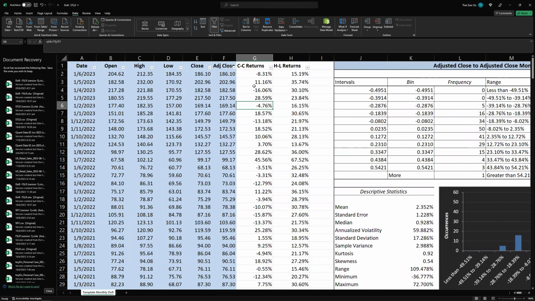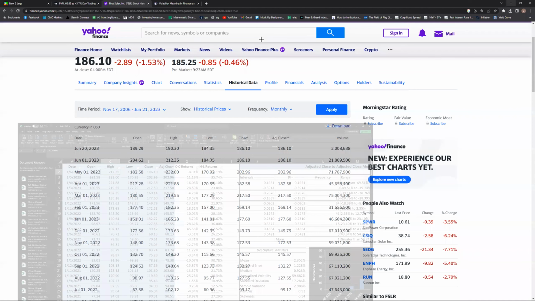These are close to close. If you consider a monthly candle, it is looking at the previous candle close to the current candle close. So it is close to close. So we have close to close return, and we also have high to low return. High to low return is the lowest point of the current candle to the highest point of the current candle. So to show you graphically,